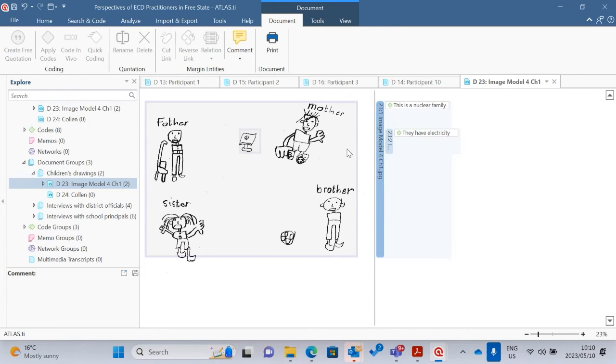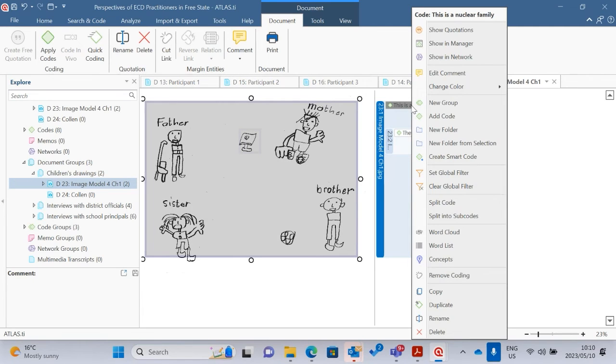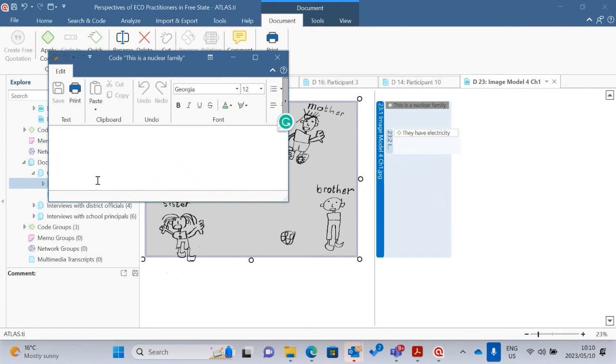In addition to being a nuclear family, can we create a memo? Let's see: nuclear family, right click, show codation, show manager, edit comment. Maybe you can just comment. You can also comment on it. Let's say there's something that comes to your mind. You just say, this is a very small